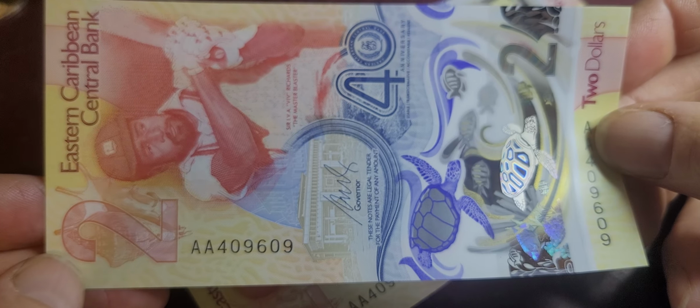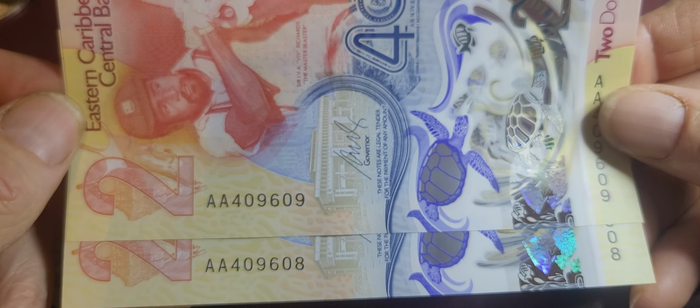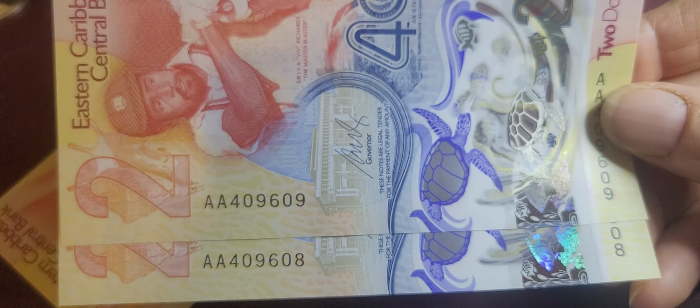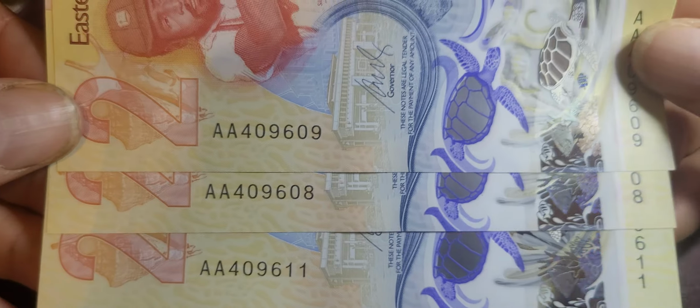Let me know what you think about this banknote, if you have one in your possession. And as you can see, I've got a consecutive pair. So if you go to eBay and you buy one of these notes, or you buy 5 of them, just ask them if they can send any sequence notes. And this one obviously is missing 10, so probably